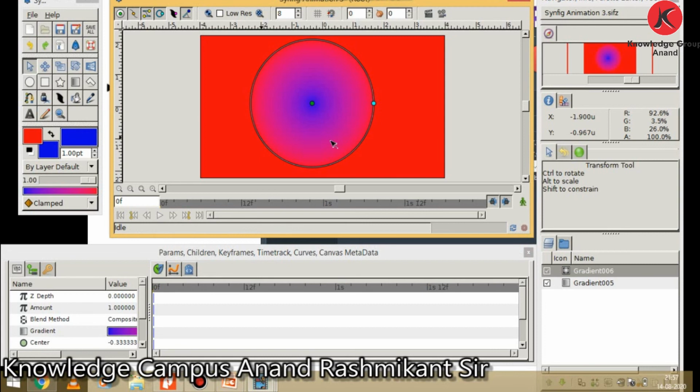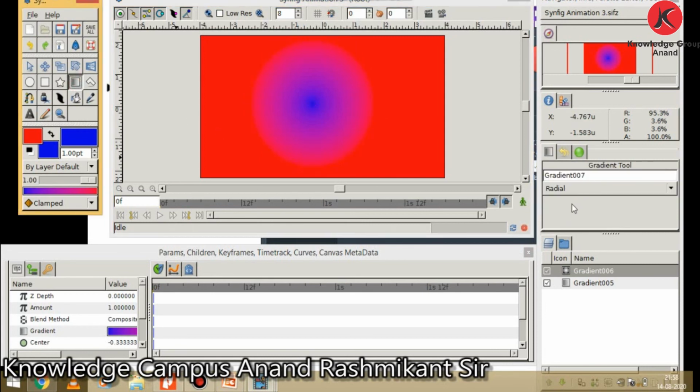Now once again click on gradient and now choose conical. Conical has the appearance of looking down on the tip of a cone. The gradient is along the circular path of the center and goes in all directions.